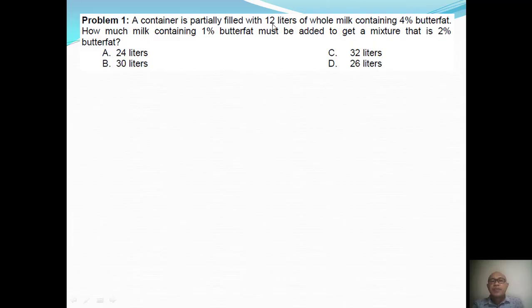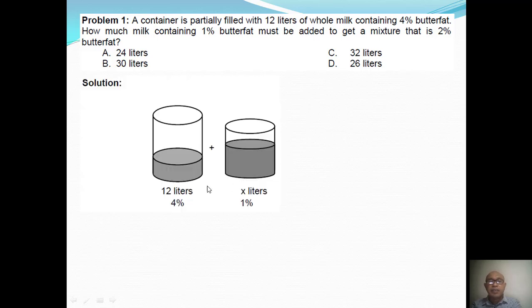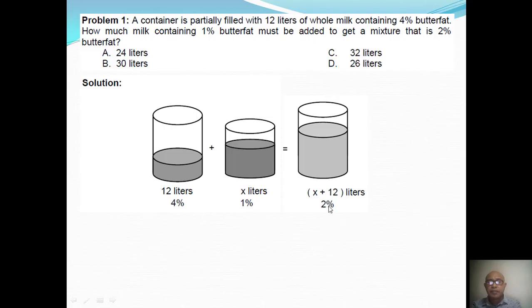Okay? So we have here 12 liters originally, which contains 4% butterfat. Then we will add X liters of milk containing 1% butterfat, so that the result will contain 2% butterfat. So of course, we have 12 liters plus X liters, so that will be the amount in the resulting mixture. Okay? So forming the equation using the amount of the butterfat in the milk solution, we have